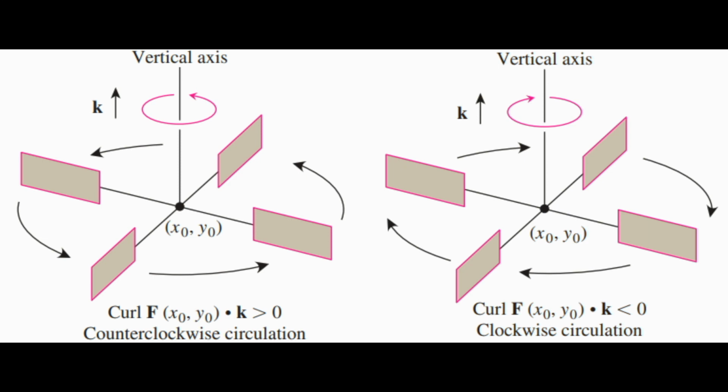If water is moving about a region in the xy plane in a thin layer, then the k component of the circulation or k component of curl at a point (x naught, y naught) gives a way to measure how fast and in what direction a small paddle wheel will spin if it is put into the water at (x naught, y naught) with its axis perpendicular to the plane and hence parallel to unit vector k.